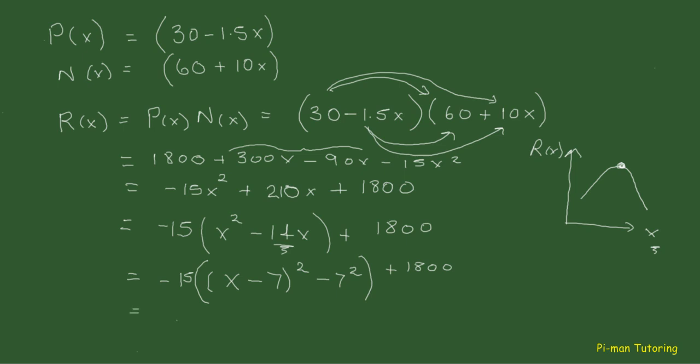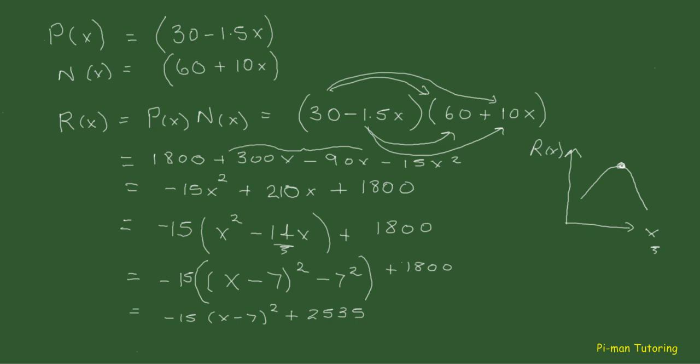I can now write minus 15 x minus 7 squared. That's the first part of my vertex form, and now I'm going to take the negative 15 and multiply it by the negative 7 squared. That gives me positive 735. Add that to the 1800, and I'm left with plus 2535